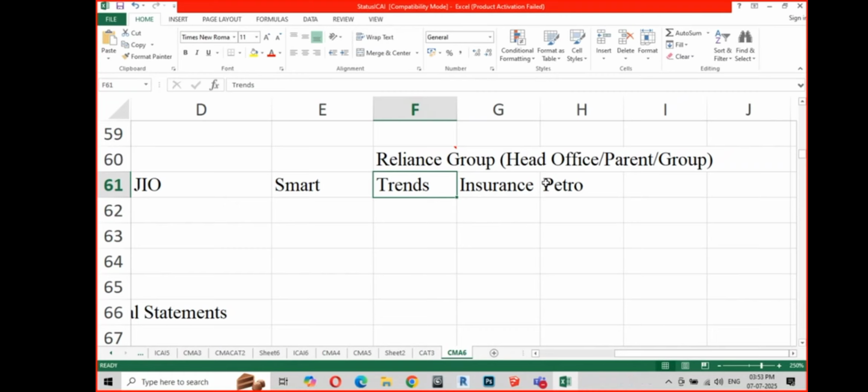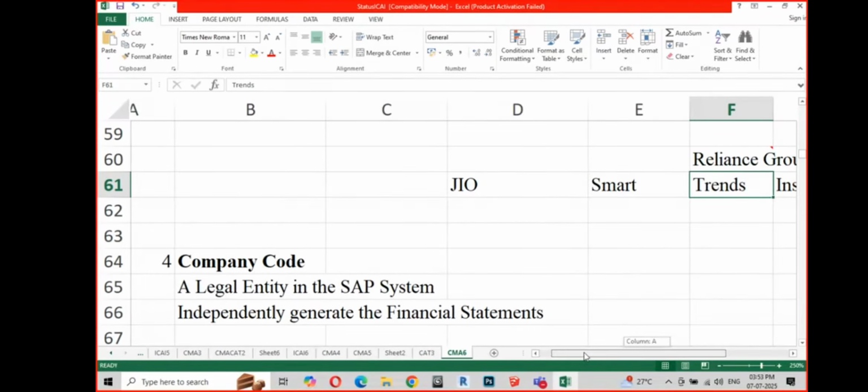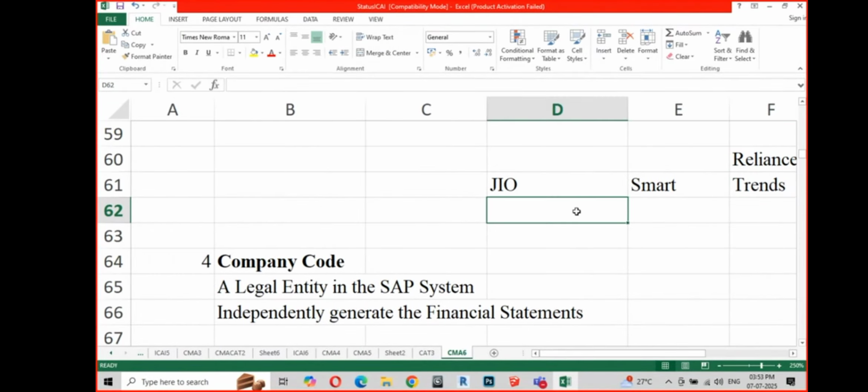By whatever name you are comfortable with, you may call the parent. Now, what is this concept called in SAP or rather in accounting? Consolidation. Now, at this level, Reliance parent level,